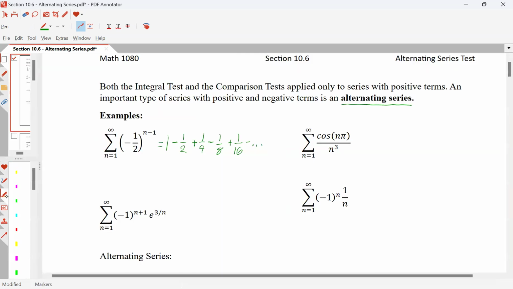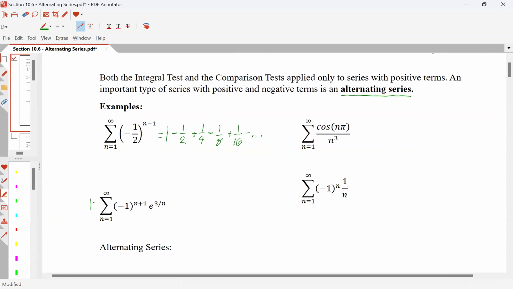In the second example, (-1)^(n+1) e^(3/n), this (-1)^(n+1), when n is odd, you add 1 to an odd number, you get an even. -1 to an even is positive. And -1 to an odd number is negative. So this series, if we write out a few terms,